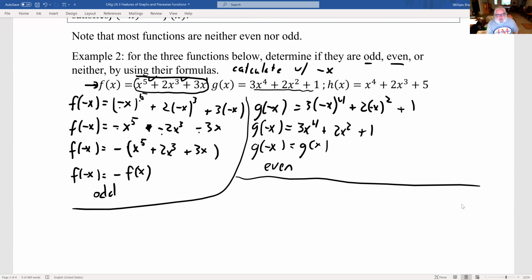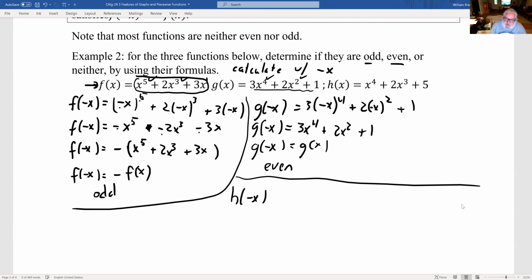Right, so you plug in minus x into the function and see if you get back exactly the same thing. That's even. Why did that happen? All even powers, right? And a constant. And when you raise a negative number to an even power, you end up with the negative sign going away. Now, h of x,